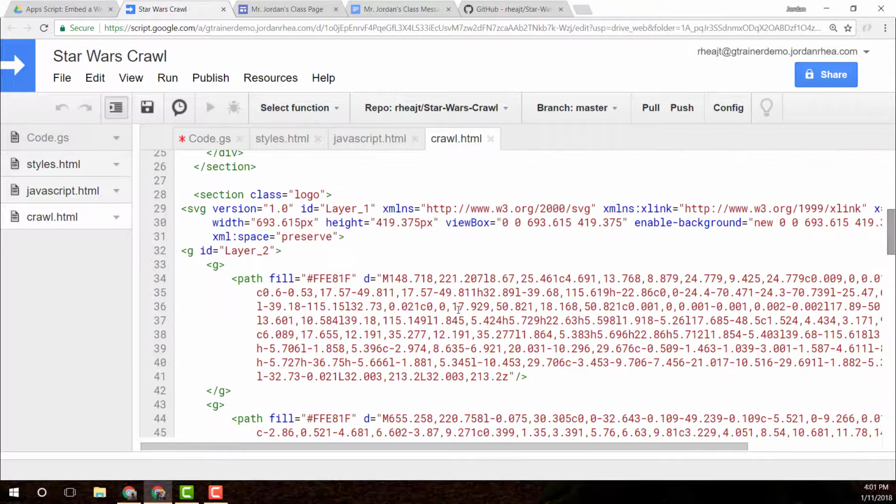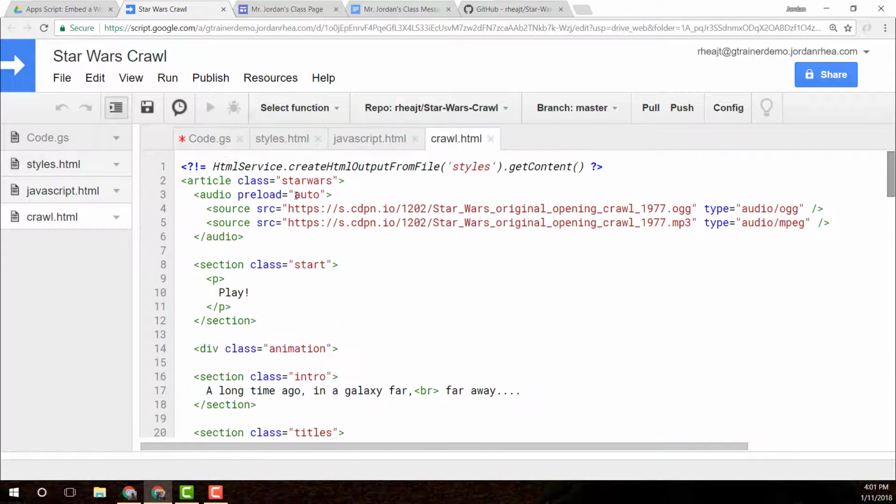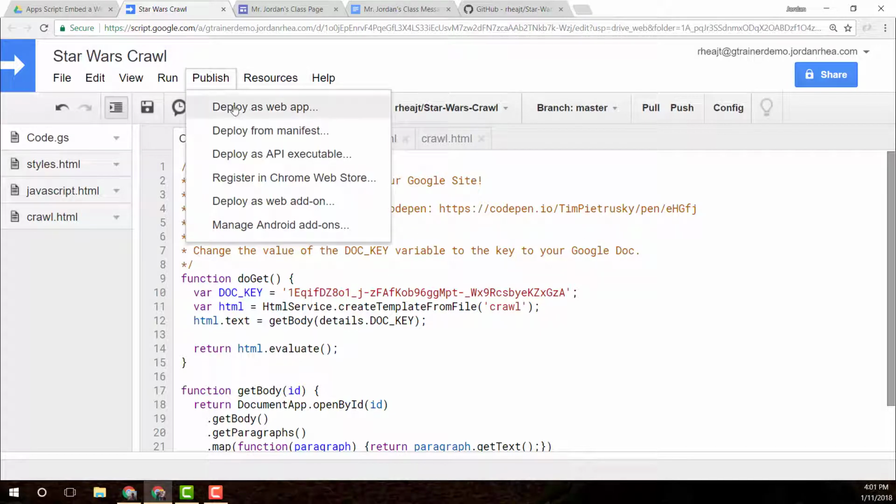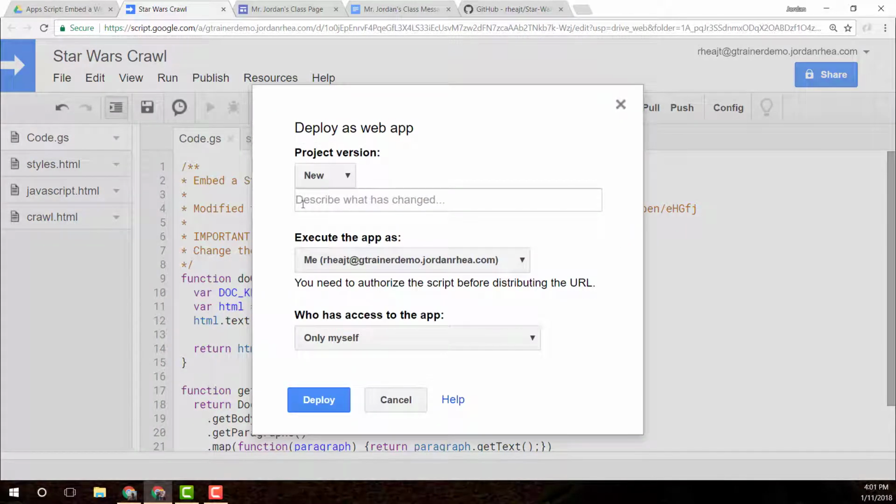The guy's name was Tim Pietrusky, I think. He did a great job of setting up the HTML so it's super easy to modify. So save that. We're going to go to Publish, Deploy as a web app, project version, we can just call it